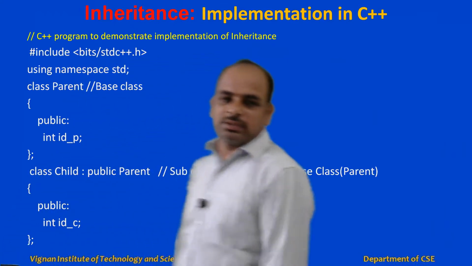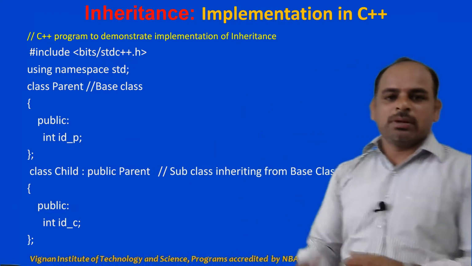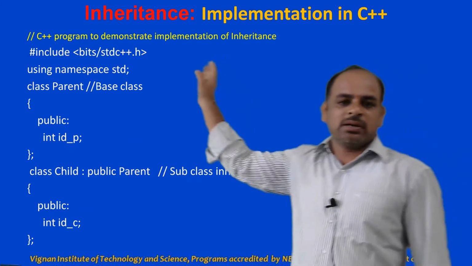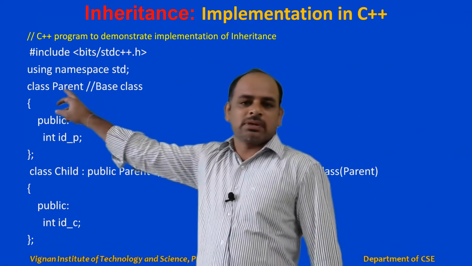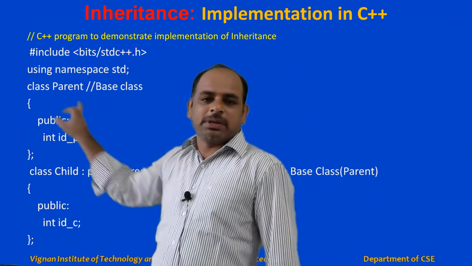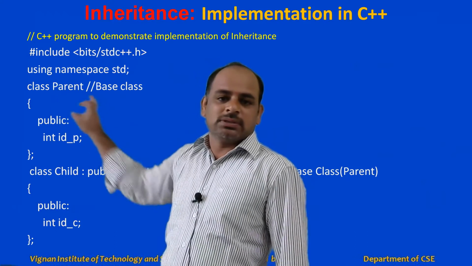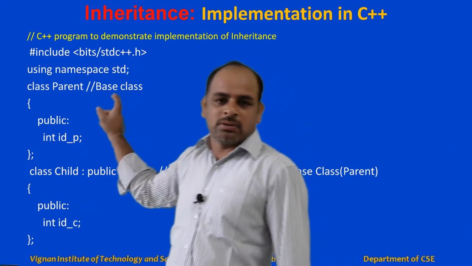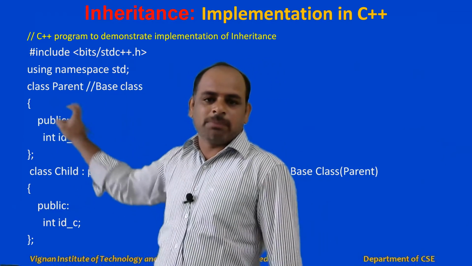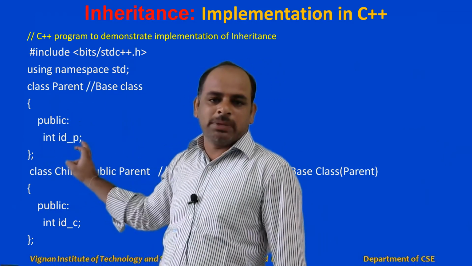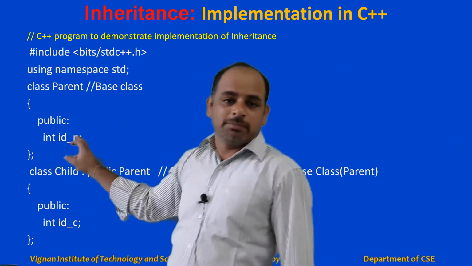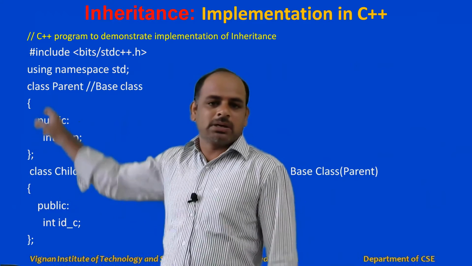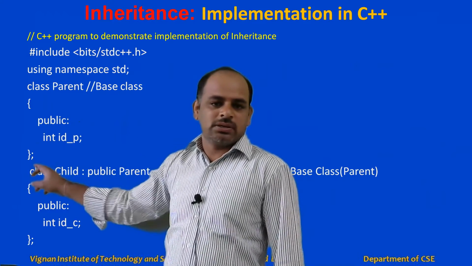So you can see one simple example of how we can implement inheritance. I am taking sample code. I have declared one class, class Parent. Parent is the class and it is a base class. Within the comments I have written notes for your knowledge. And I am declaring one public member, int IDP. IDP, that is the parent ID you can consider. Now the parent class is closed here.